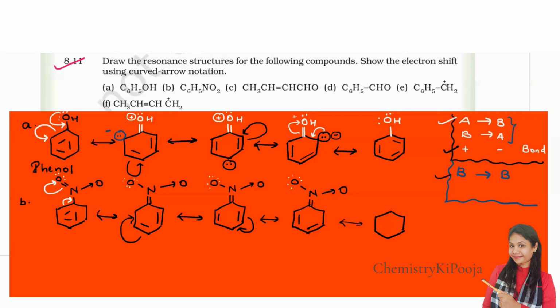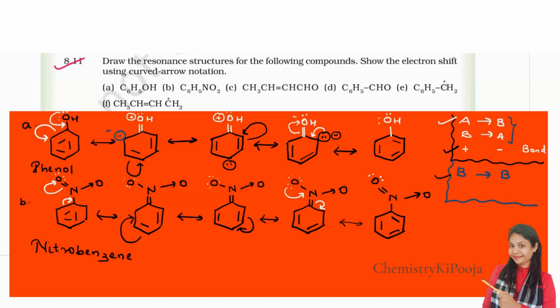So now what is going to happen? This bond is going to shift back. This one, bond to adjacent bond. And then this lone pair, again, will shift to the adjacent bond. Clear? So here it is a single bond, nitrogen. This will remain as it is. Double bond. And then we have now only two lone pairs. Inside the ring, what are we left with? This is as it is, we are going to write, and there is one additional bond. Clear? So this is the entire thing related to the resonating structures of nitrobenzene. Same way we can do for the next question.